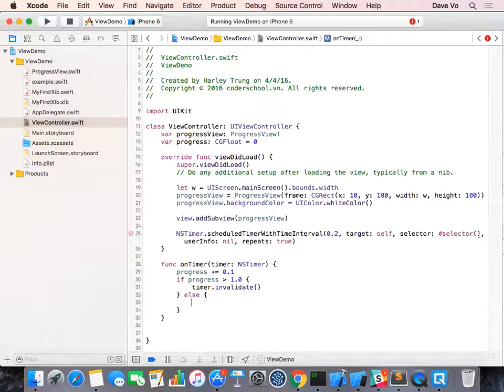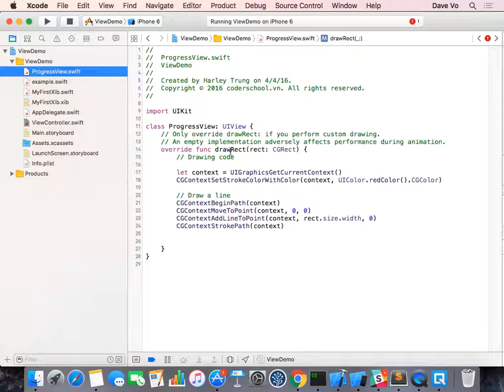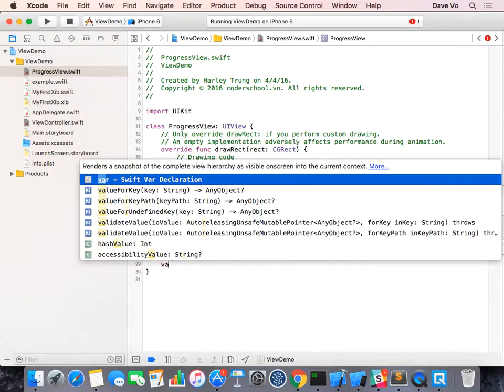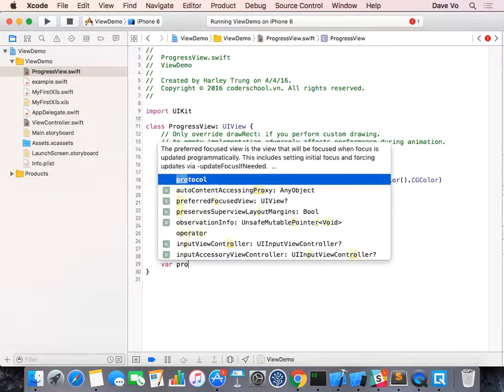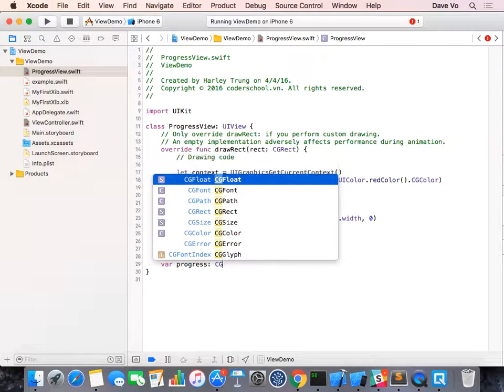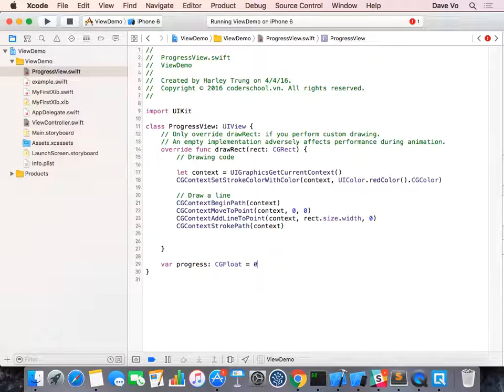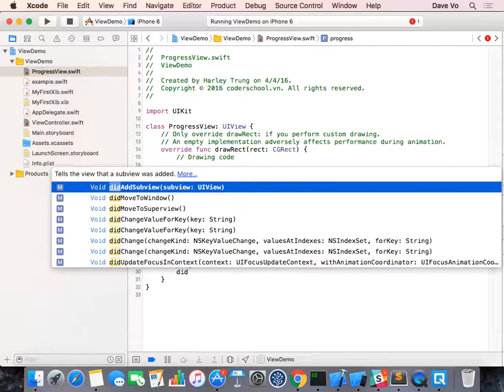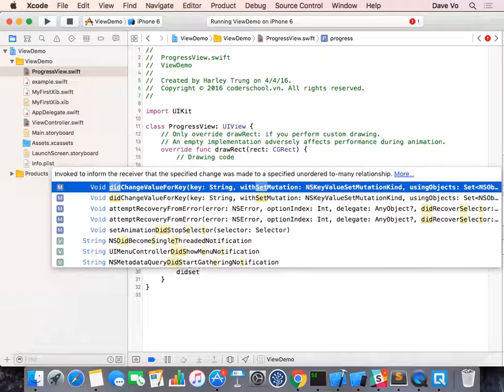Then we need to update the progress bar, right? So I go back to the progress view, and I also set a variable here. Progress, this will be the CGFloat, and by default I set it to 0. And then, by now you should be familiar with this one, this set,